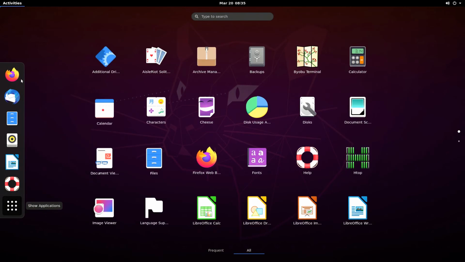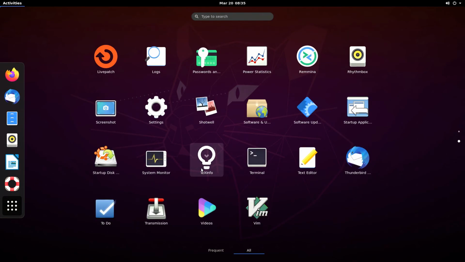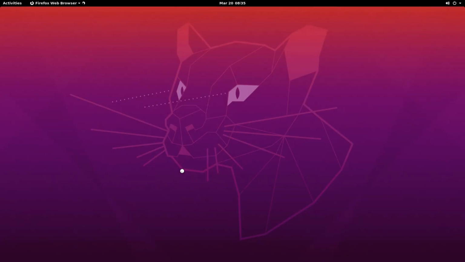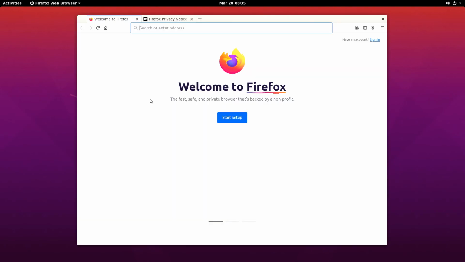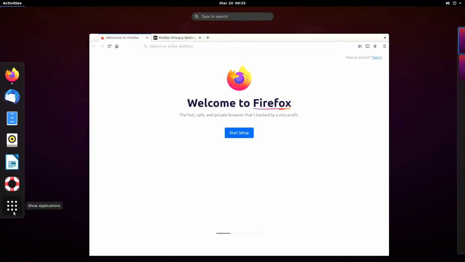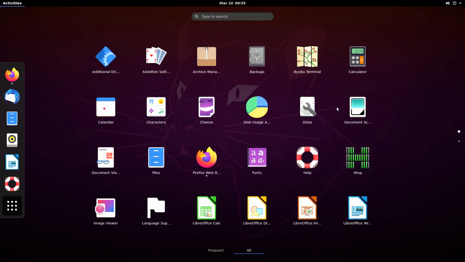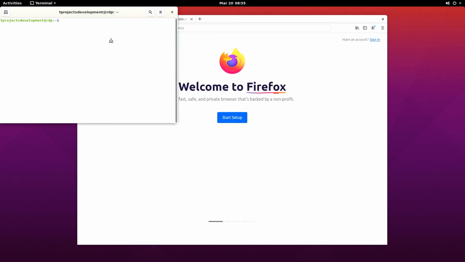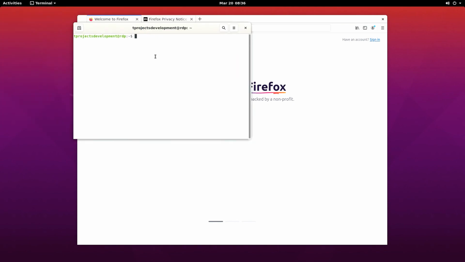You can install Chromium etc. To log in as root, open your terminal and run sudo -i, and you can use this shell as root.